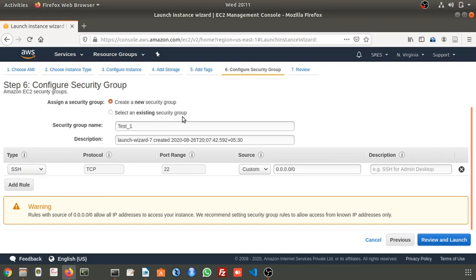If you have any existing security group, that also you can select. But here I am creating this new security group. So each group consists of several rules, several protocols. In test one, I have enabled only SSH. You can create one more security group like test_2, in which you can enable SSH and HTTP like this. Okay.